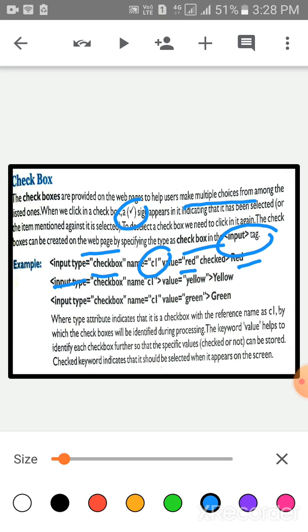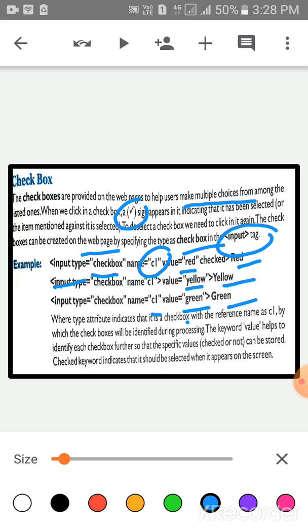Next input type checkbox name CL, value is equal to, within a quote write down yellow, then closing tag and then write down yellow. Then again input type checkbox name is equal to, within a quote CL, value is equal to, within a quote write down green, and closing tag and then green.